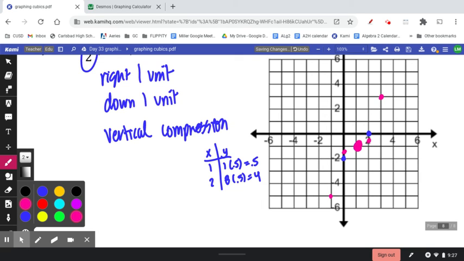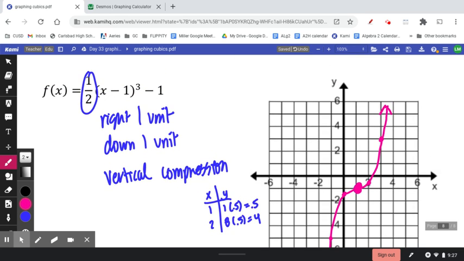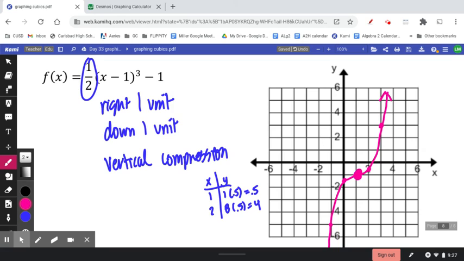Now I have kind of just a fatter, more compressed cubic. Draw through those points. That's the fun part of all of this, making a nice, pretty graph. There we go. Come back. All right, there we go. So you can see a little bit fatter. Each of those points are compressed, and they're half as tall as they would be if we didn't have that value of 1/2. All right, good job. Go ahead and try some